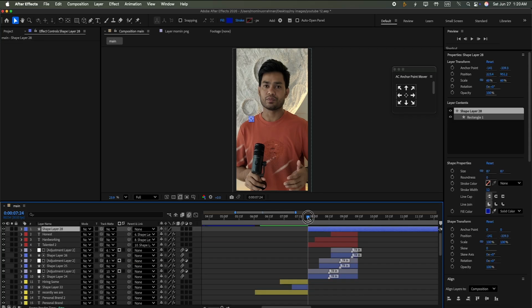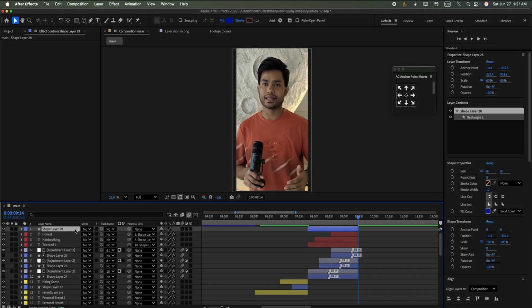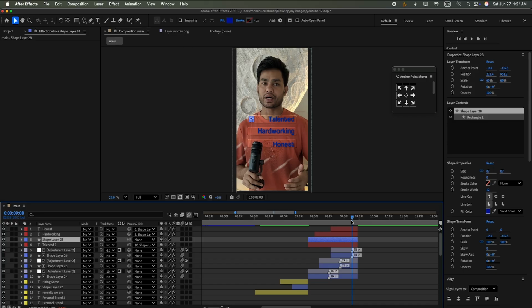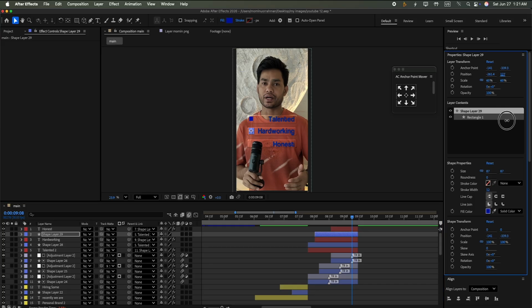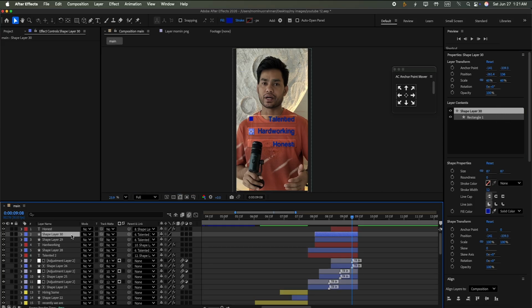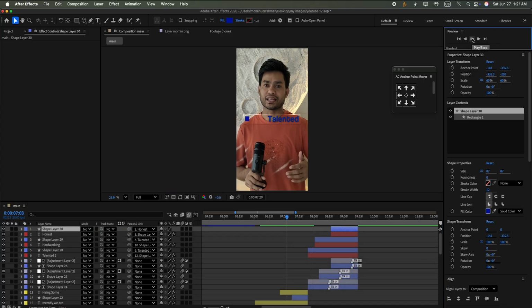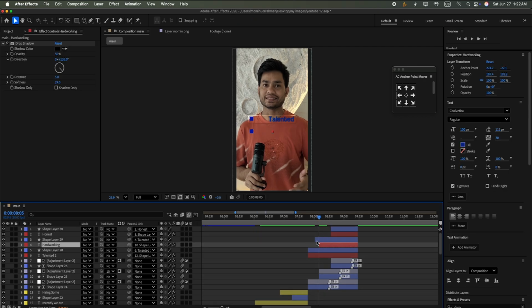Then select and split it and delete the first portion. Again select, split it, and delete the last portion, and set it on the text layer. Now link it with the text layer, and again duplicate it and set it on the hardworking text layer, and again duplicate it and set it on the honest text layer. Now I see the animation: talented, hardworking, and